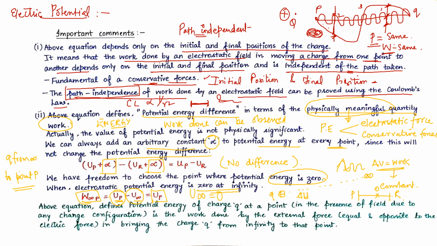The above equation defines the potential energy of a charge small q at a point in the presence of a field due to any charge configuration. It is the work done by the external force, equal and opposite to the electric force, in bringing the charge q from infinity to that point. So this particular equation, which I am marking in red, explains a situation